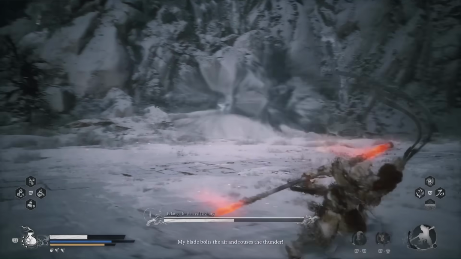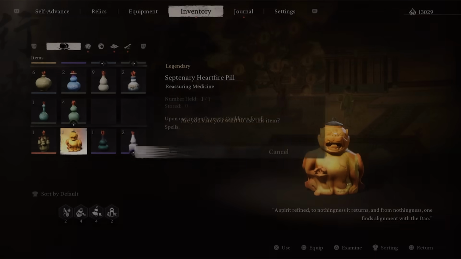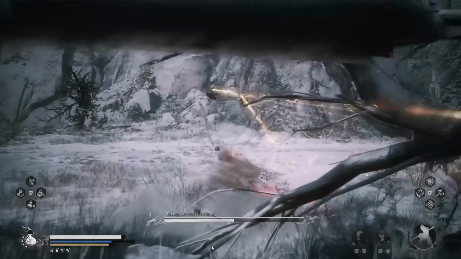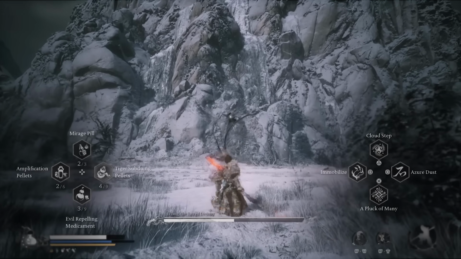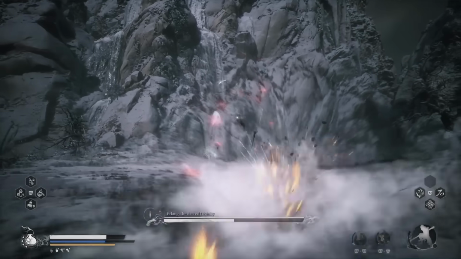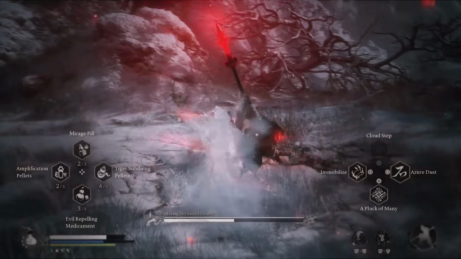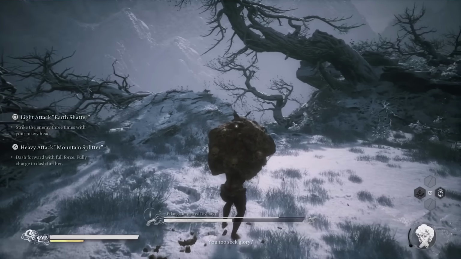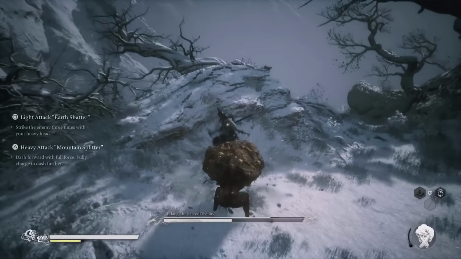And then the phase 3. You're going to know phase 3 because of this awesome light show with the lasers. And then you're going to be popping this amazing item, the Septenary Heartfire pill, which is going to be just resetting everything. And then he starts into that attack. This is the time you're going to be using your Cloud Step, because the decoy is going to be drawing in all the fire, and when he lands like that, this is yet again the time to repeat what we've done with